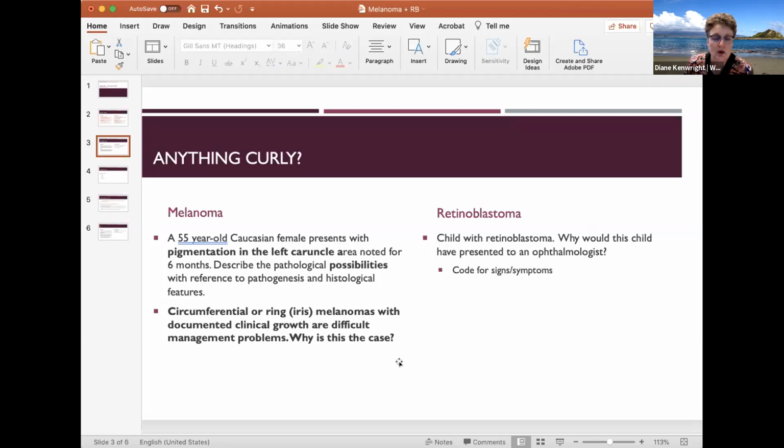Okay, so iris melanomas. One of the things with iris melanomas is something that Amanda and I struggle with often, and that's telling the difference between the melanoma and a nevus, because they are